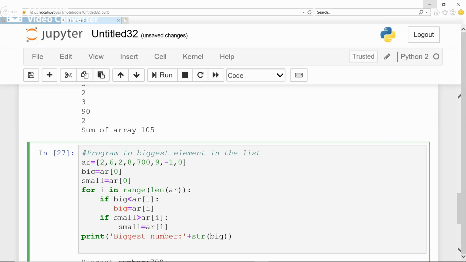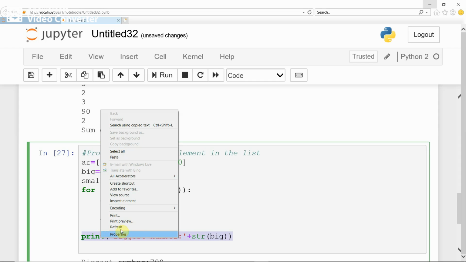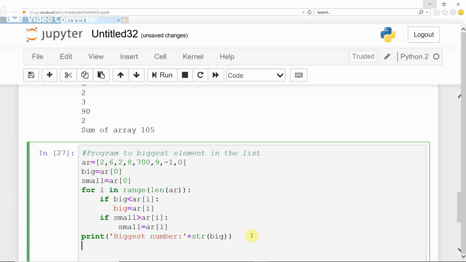Now if you try to display the smallest number by using the print function, print smallest element is plus str of variable small. Try to run the program.